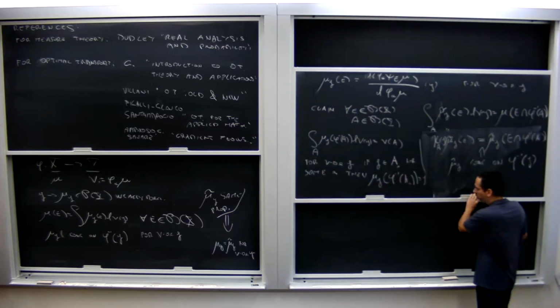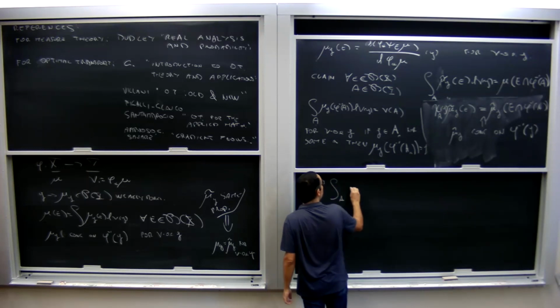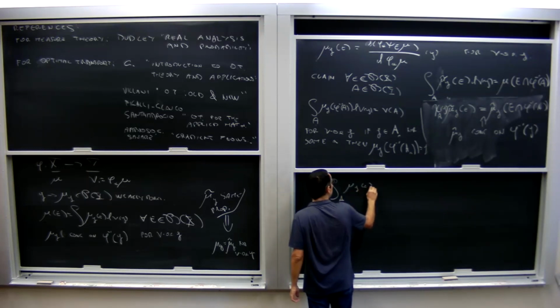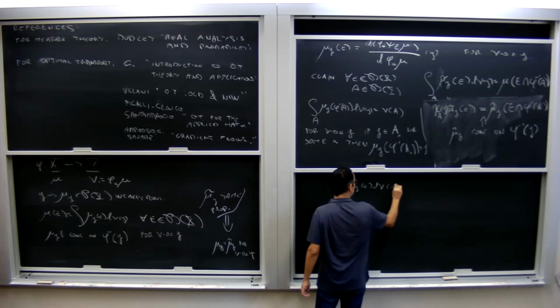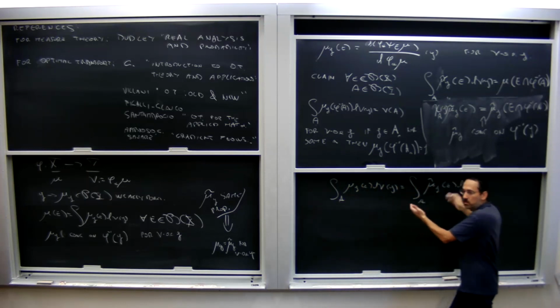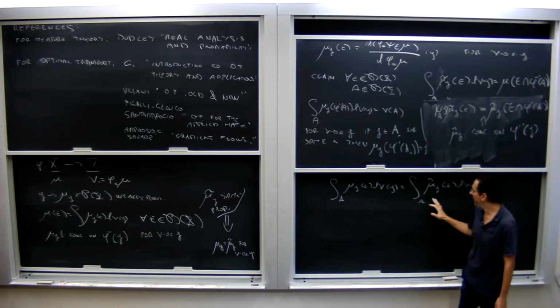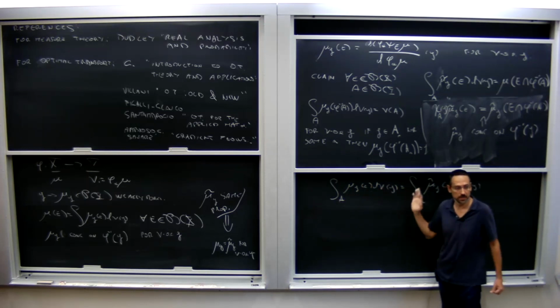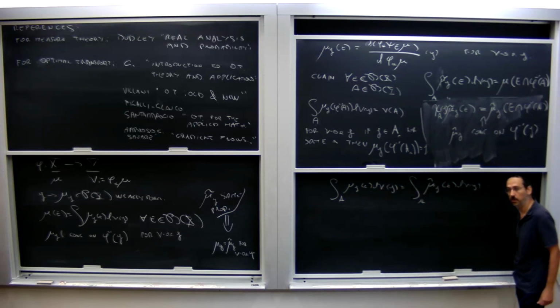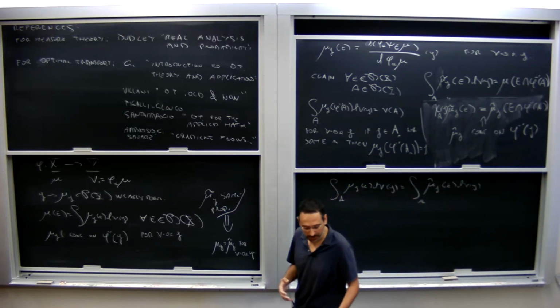Therefore, you see what we can conclude is that the integral over A of μ_y(E) dμ(y) is equal to the integral over A of μ̃_y(E) dμ(y), right? Because both are equal to this expression where μ̃ and μ_y do not appear. But now again, and this is true for any couple of Borel sets on the source and on the target space, right? But then again, we know that there is a countable collection.